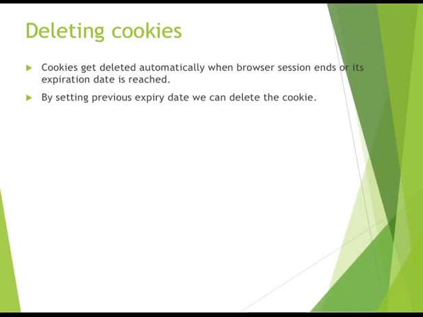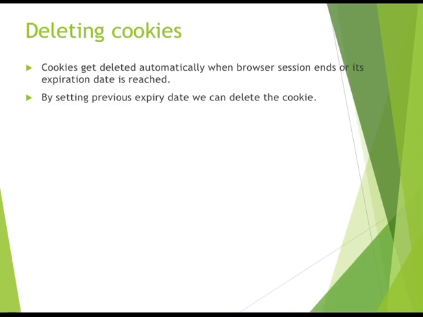Next is what? Deleting a cookie. Now, how do you delete a cookie? See, basically, there are two types: session and persistent. A session cookie is automatically deleted when we close the browser session. But to delete a persistent cookie, we have to set an expiry date. So how will we set an expiry date? We will set the expiry date of a previous month that has already passed. So if we set that expiration date on a cookie, it will be automatically deleted because that time has already passed. That is, we'll set the previous expiry date in order to delete the cookie.